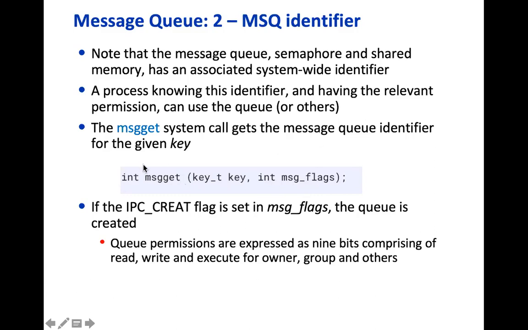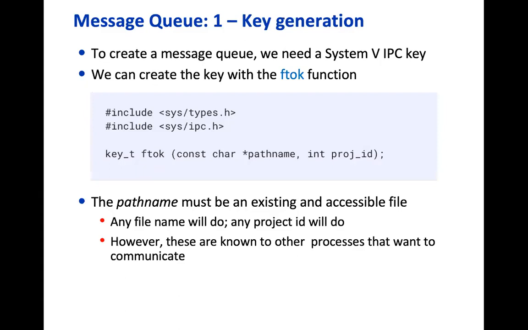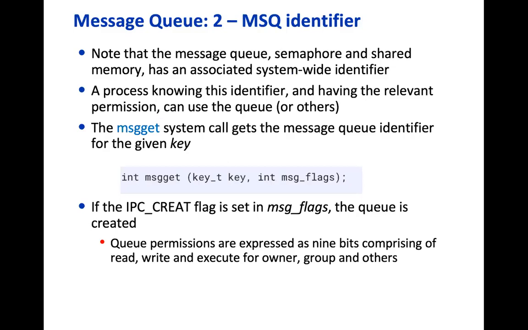So basically, first we created a key. Now key alone is not sufficient, because key is just a unique number. Both the user and the client process, let's assume, will generate the same key, and then P will use this key along with parameters, what kind of message queue it wants to create. Various parameters it can specify.